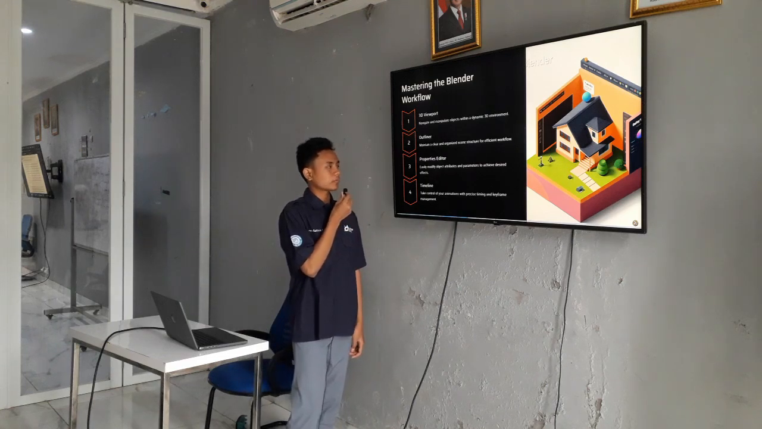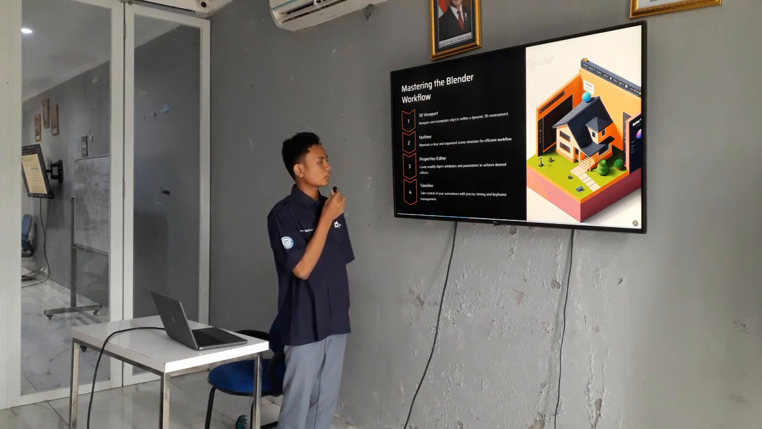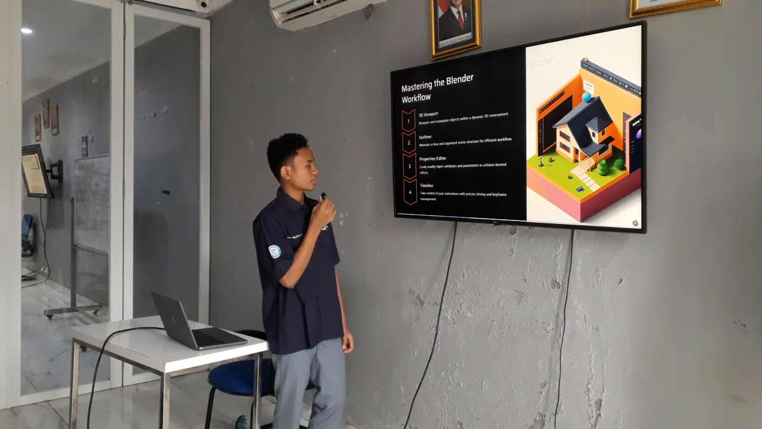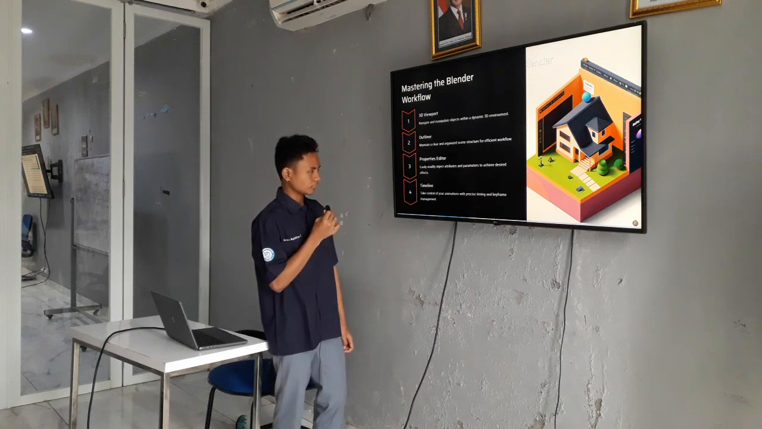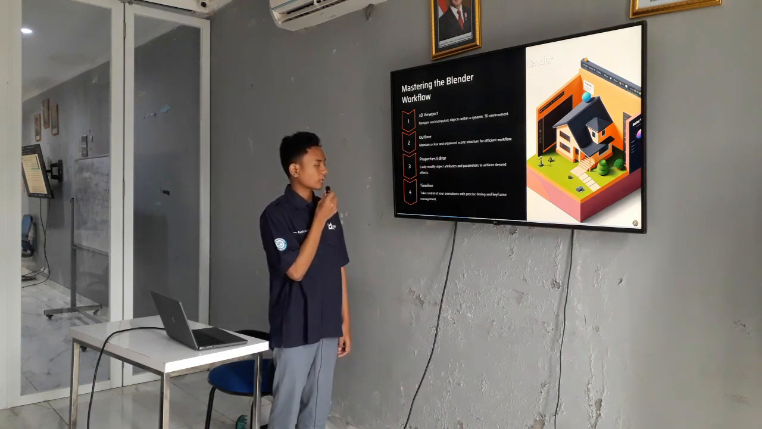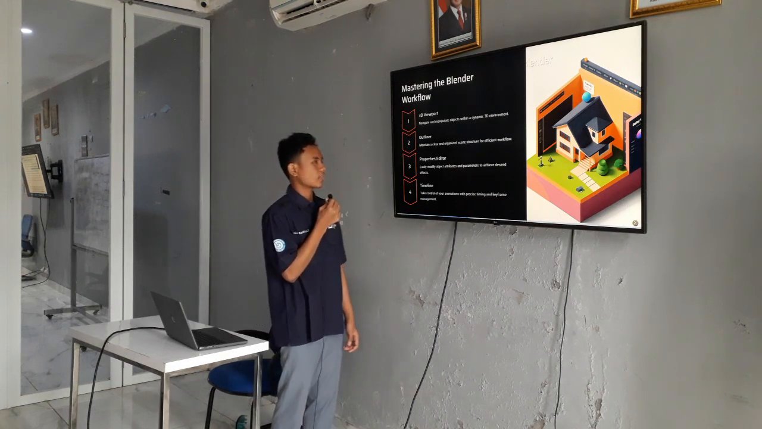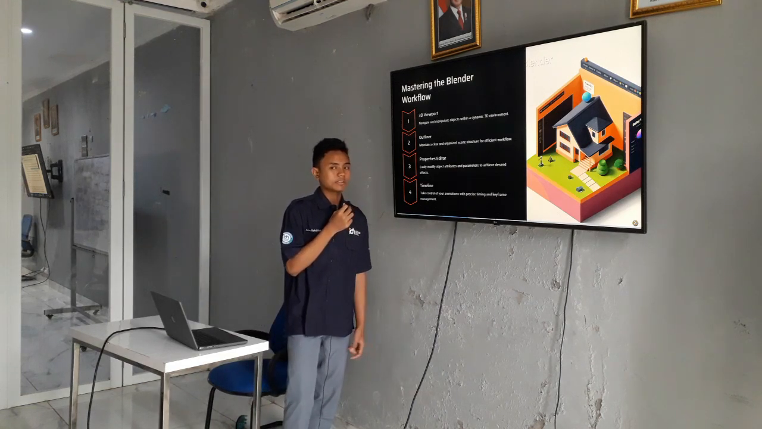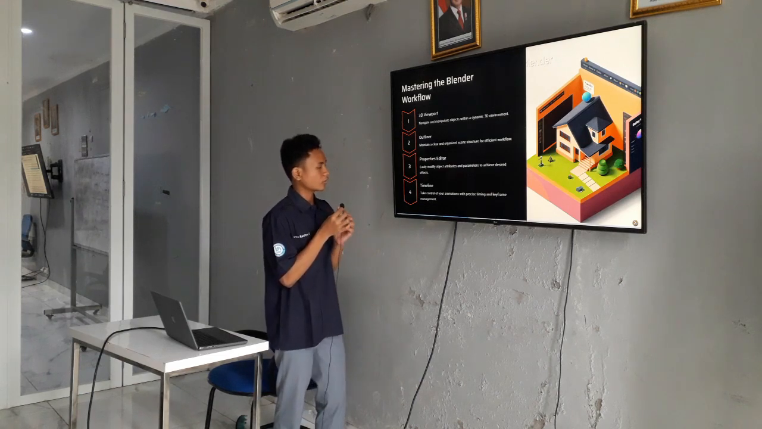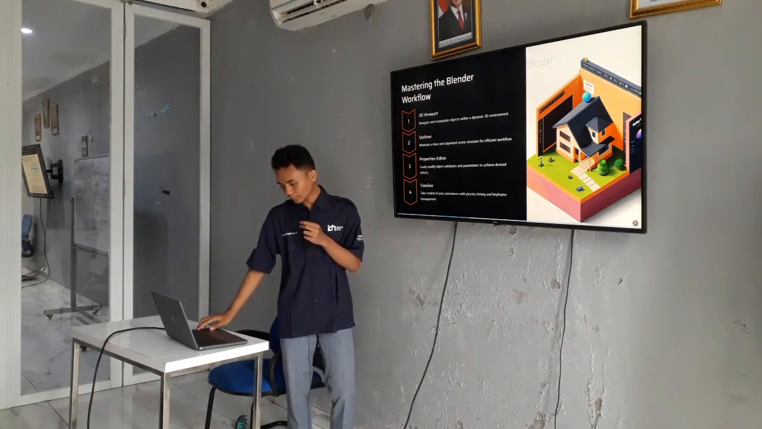The next is properties editor. Properties editor is to easily modify object attributes and parameters to achieve the desired effect. And the last is timeline. Take control of your animation with precise timing and keyframe management. This is the animation progress. If you want to animate your 3D or something,